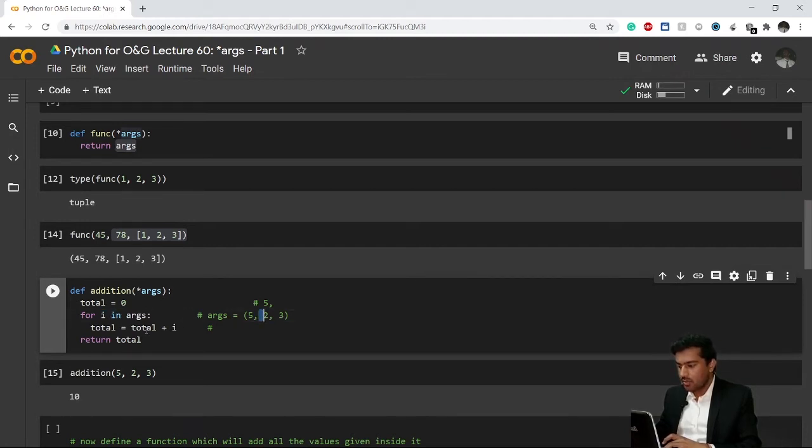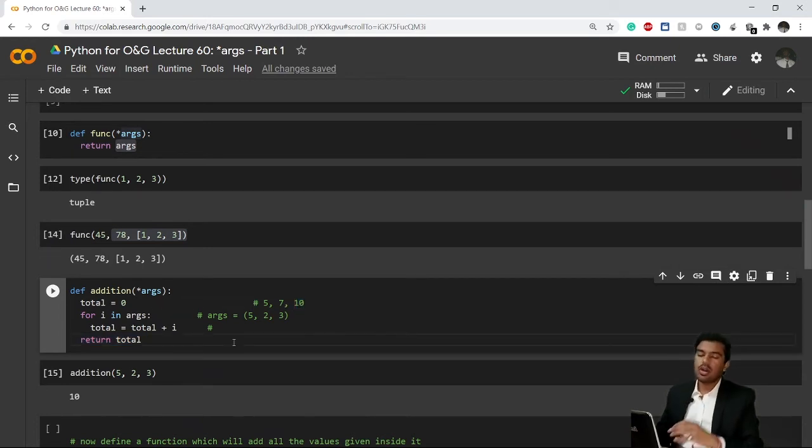My total was 5 and i is 2, so total becomes 7. Now i becomes 3, and 3 plus the previous value of total, that is 7, so my total becomes 10, right? This is how the function is working, and I have returned the final value of total, which is nothing but 10.